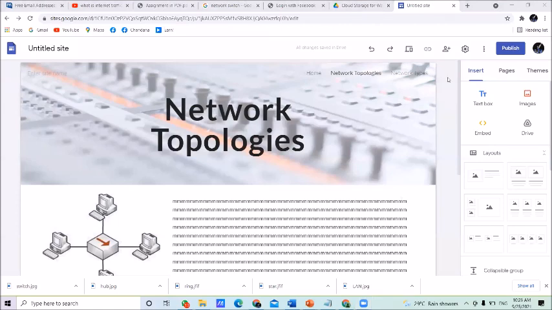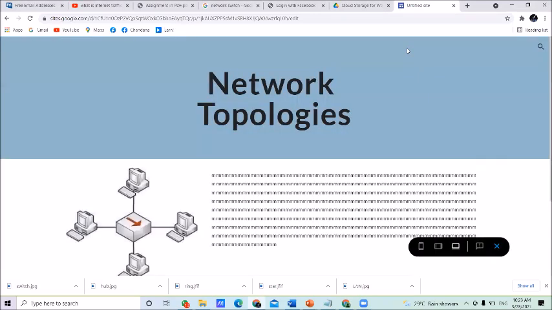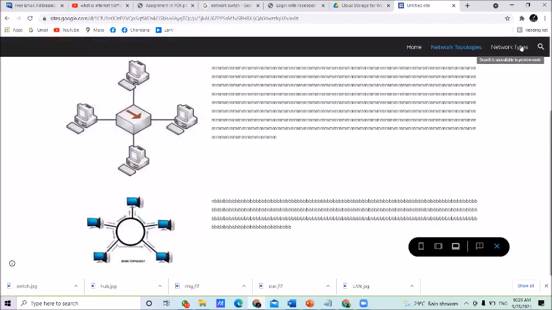To preview, here you have the option called preview. In the top menu, there are undo and redo. After that, there is the preview icon. Click on here. Once you click this preview option, you can see your e-booklet as a web page. It's like a web page.